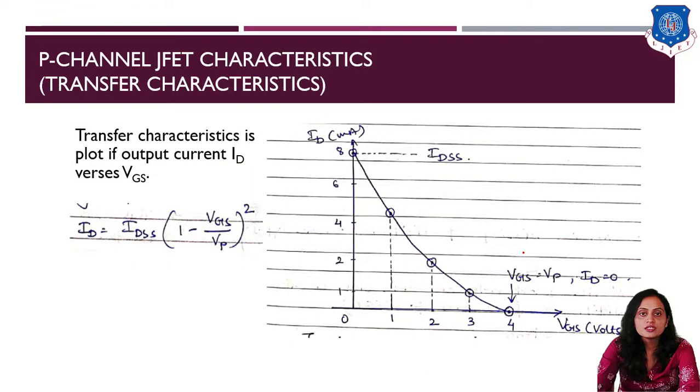Now we will see the P-channel JFET transfer characteristic. Transfer characteristic is between ID versus the VGS, and VGS over here is positive, that's why the positive VGS is shown and the value of ID is shown. You can see when VGS is equal to 0, at that time the current is maximum, that is shown with the IDSS, and as you increase the VGS positive, gradually you will find at a certain value the ID becomes 0, and that is called the pinch off voltage, and that is shown with the Shockley equation. ID is equal to IDSS times (1 minus VGS divided by Vp) whole squared.